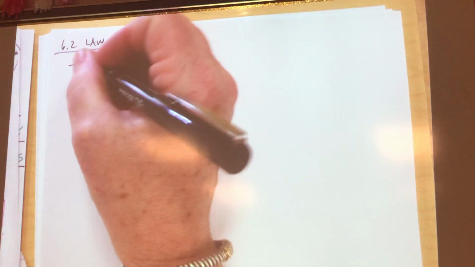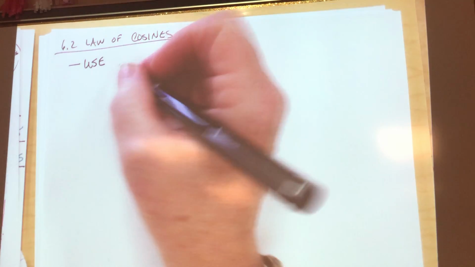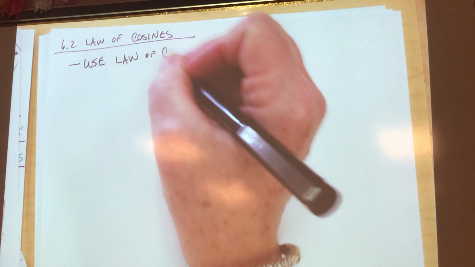Tell me when we use law of sines. Ambiguous. What do you have to have to use law of sines? An angle and side pair. You have to have an angle and its side. So when do you use law of cosines? When you have two sides and an angle, that's exactly right. Use law of cosines